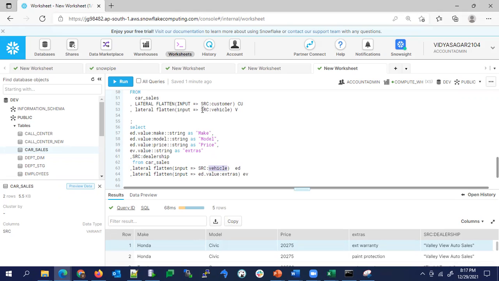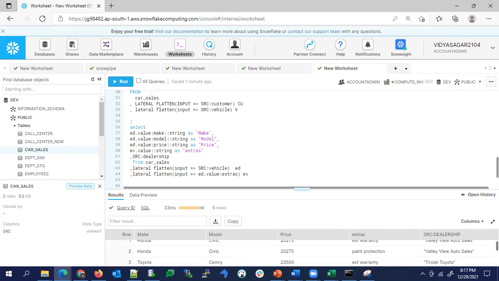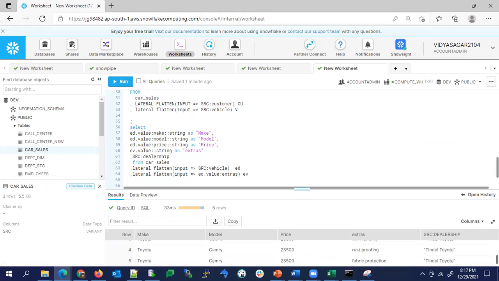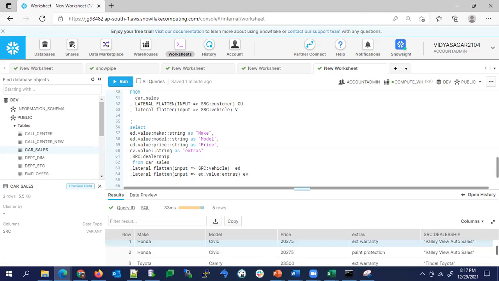Like this you can read this. So for the lateral function here, if you see this example, I am reading the extras values from the previous function like ED. Here the input function is passing these values to the next lateral flatten function, and I am passing this alias and printing those values. If I pass like this, I am able to print all the rows of data like extras here, and this is the column.